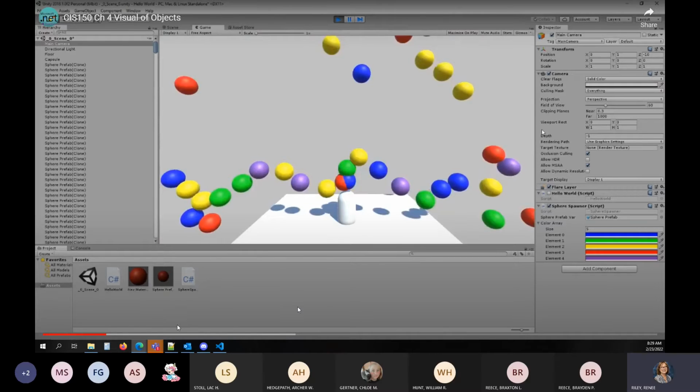So we could have some sort of actions for collisions. We see collisions occur here and they kind of shoot off of each other. It alters their trajectory, right? If they have a collision with another sphere. So that's a kind of action or behavior of our spheres.